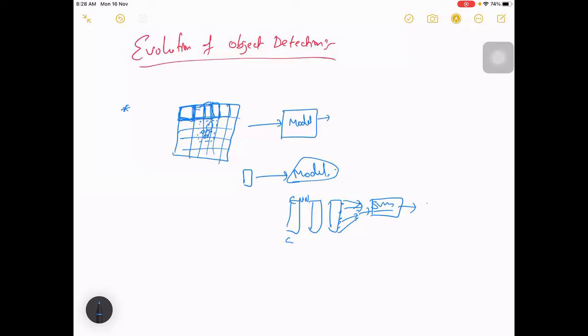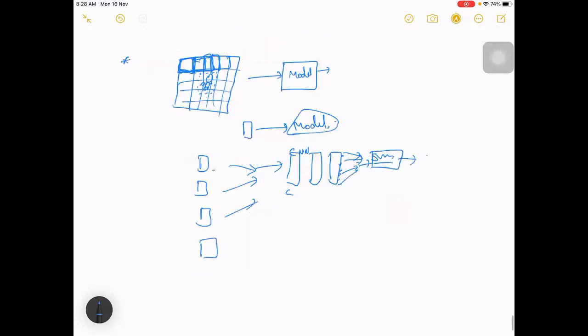Like that, each of your windows, one after the other, will be passing through this network, and finally, in case you have the cat's face here, for that you'll be getting true, meaning there is an object, a cat, in that.